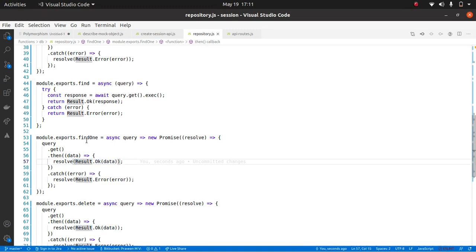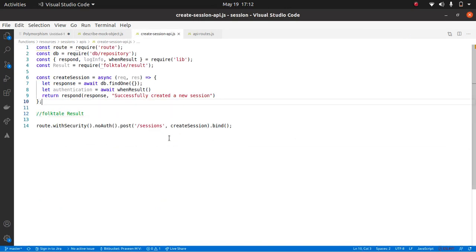Okay. Now let us say the database was down or the query was not written properly or something. Then it will go to the catch block, right? Yes. At that time we tell resolve, but result.error. Now what is this resolve? This resolve is used because of this promise. So till now are we on the same page? Yes. Okay.